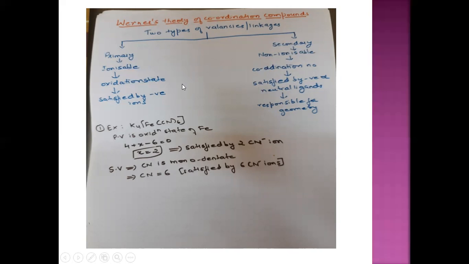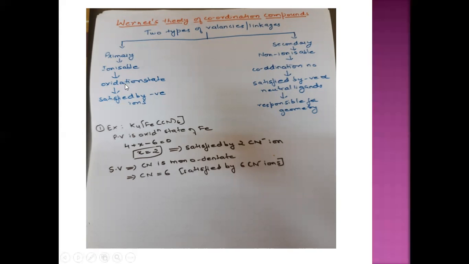So how can the oxidation state be calculated? Just by deducing from the oxidation states of the individual atoms of a coordination compound. And the coordination number is found out by the type of the ligand. If it's a monodentate ligand, then the number of ligands is your coordination number. If it's a bidentate ligand, it is into 2. If it's tridentate, into 3, and the list continues.